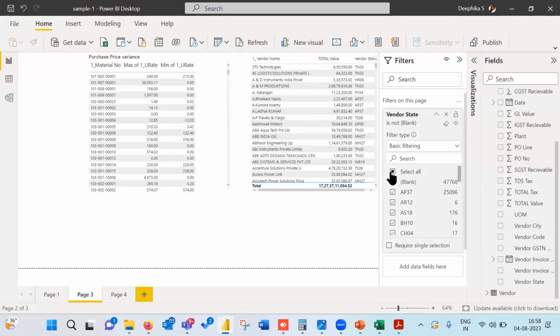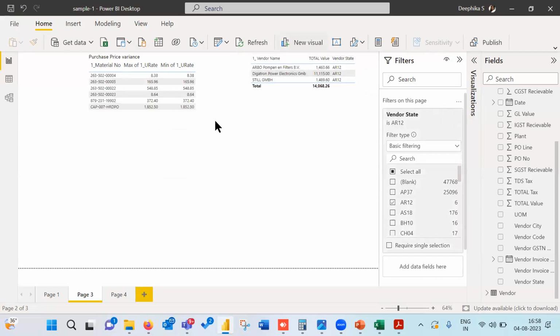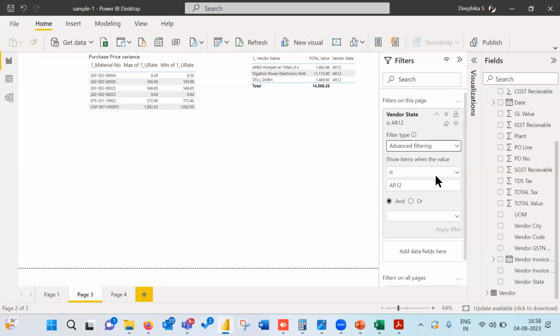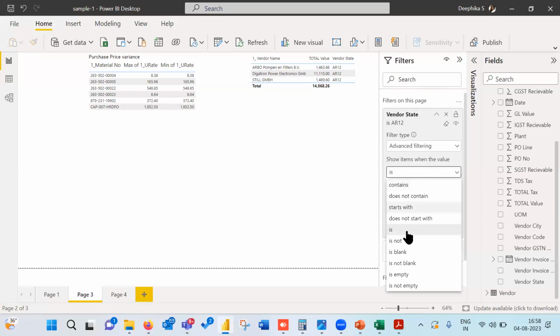Let's say I remove all this and I want to see only the 6 invoices related to AR12. My entire table, the entire gamut of my dashboard, will change to this filter context which I have applied. I can clear the filter. The filter also has multiple parameters, like basic filter and advanced filter. In advanced filter there is above, less than, in between, and, or, is blank, is empty, like that you have